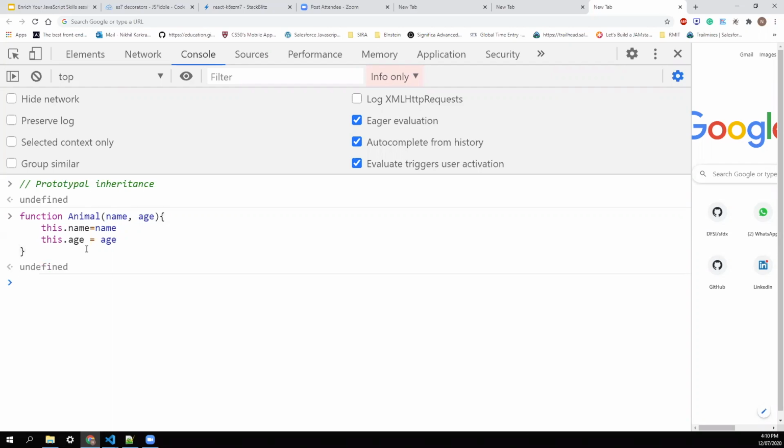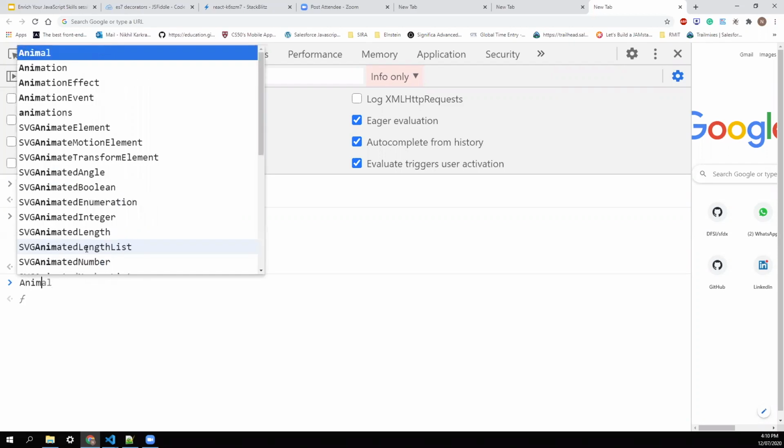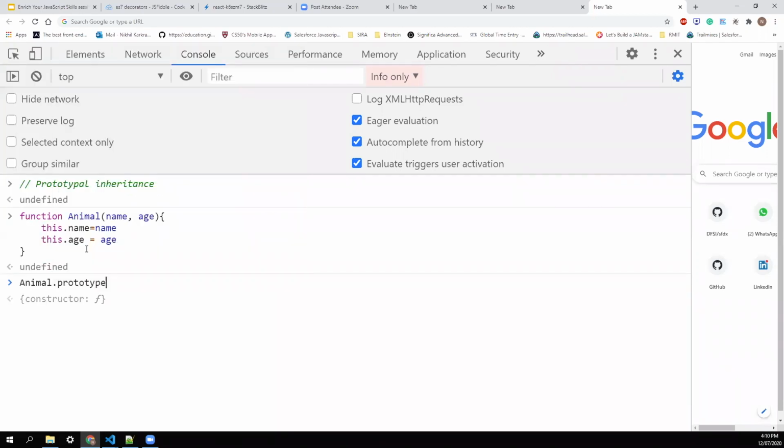But before creating an instance, I want to create a prototype, that is eats. Eats is my method that I want in my prototype. So I'll create a function and assign it to Animal prototype. Just remember, this is a prototype of Animal. And whenever somebody calls this, I'll print this.name is eating.